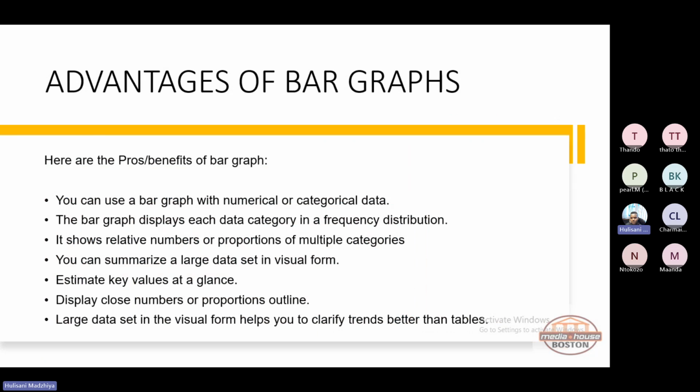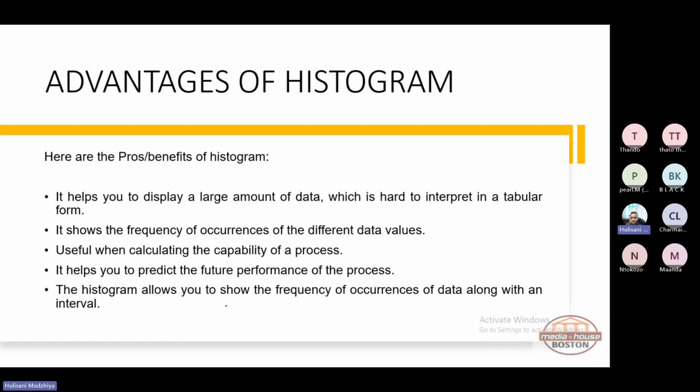And then we've got the advantages of using a bar graph. You can use a bar graph with numerical or categorical data, which we will refer to as cluster. The bar graph displays each data or category in a frequency distribution, and it shows the relative number or proportion of multiple categories. You can summarize a large data set in a visual form, estimate key values at a glance, and display close numbers or proportions. And the disadvantage is that it shows